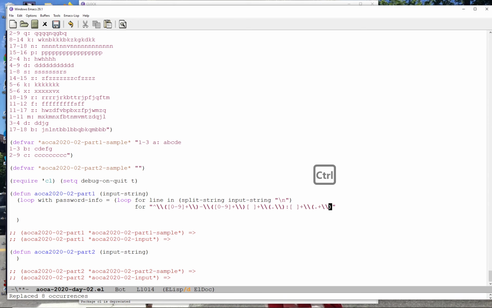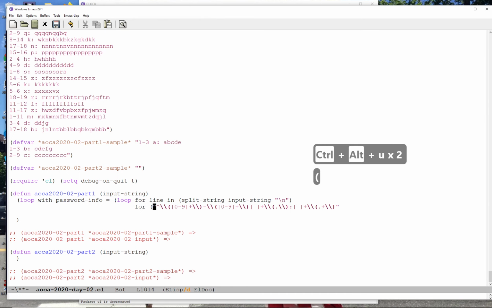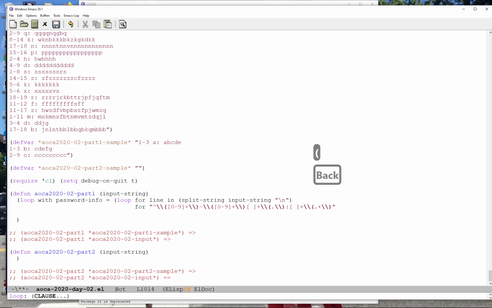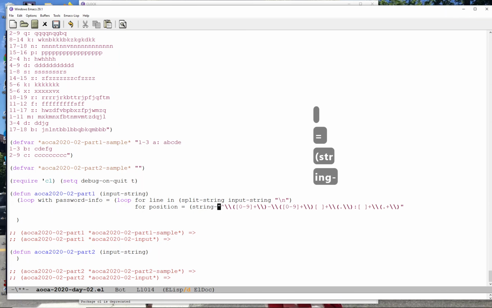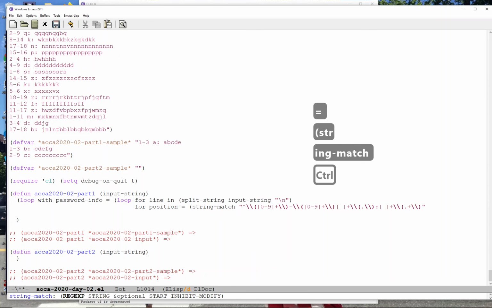The function, so I can go Control Meta U to go up. The function is called for position, let's say, because the string match returns a position, equals string match of the regular expression and the string, which is the line,